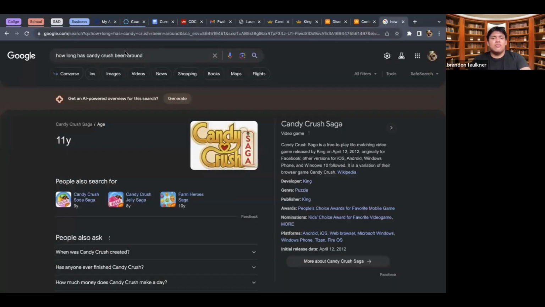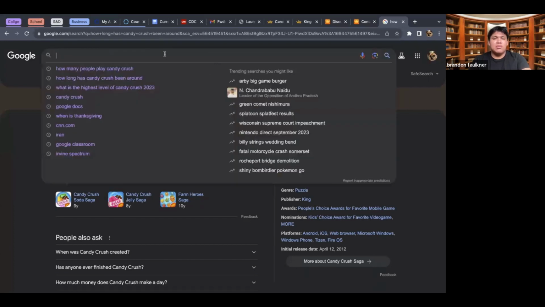So real quick, while I might be able to answer a few questions, I want to take a look at how much money this game has made. All right, so let's look up how much money Candy Crush has made.